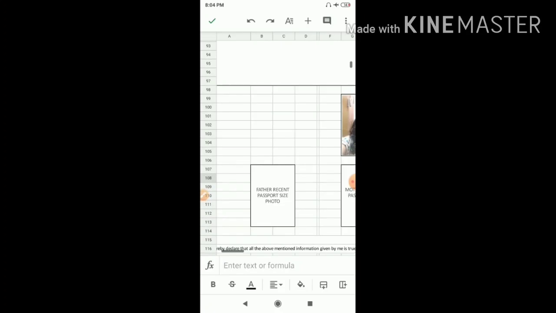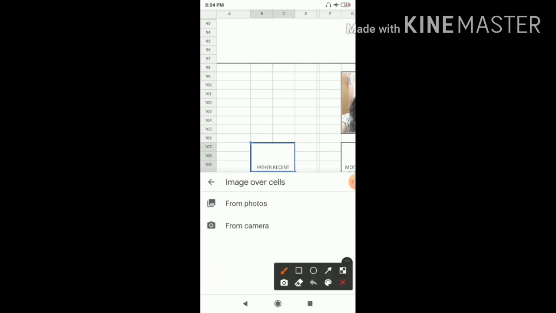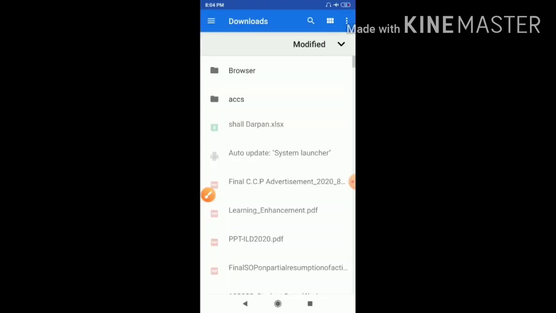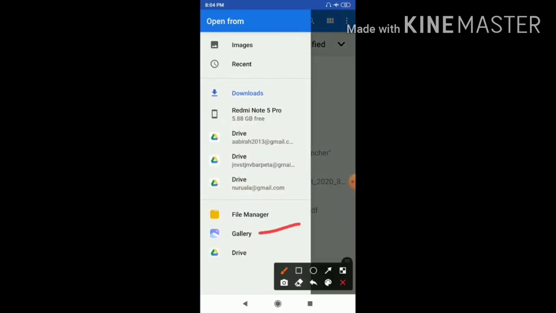One more I am showing. Suppose you want to insert the father's photo. Where to click? Again the plus symbol. Plus symbol, then image, then image over cells, then from photos, then gallery.